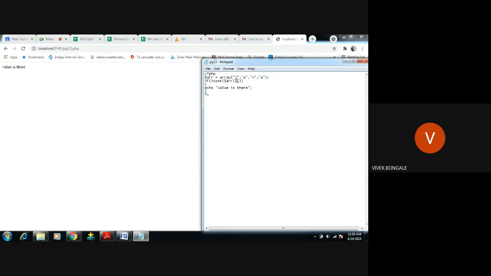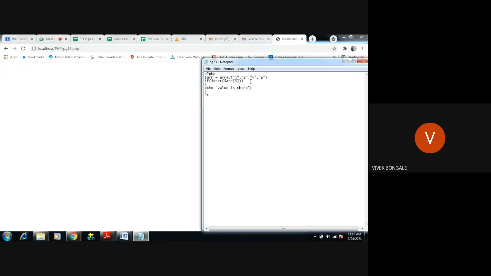Okay, I will just change this to something like 5, because we don't have one more result I have given. It should show a blank screen, right? See, it is showing a blank screen because we don't have a 5th index and there is no value in the 5th index. So this is isset. What it will do, it will check whether the values exist in the given array or not. If it is not,